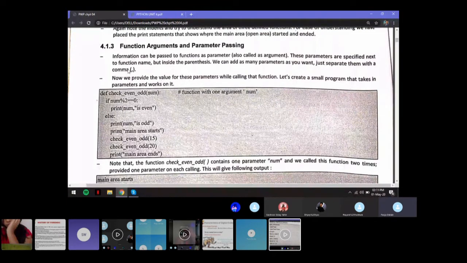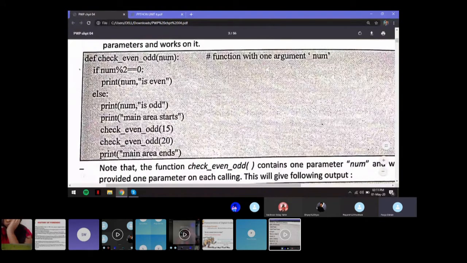The same example, but over here we are passing the number inside the bracket, as an argument.